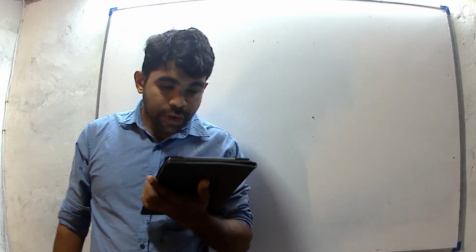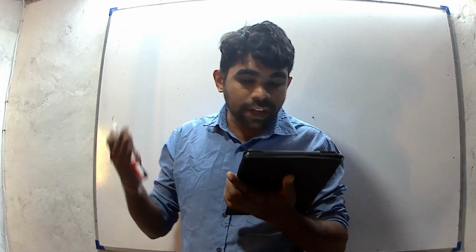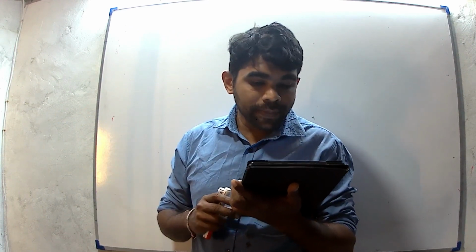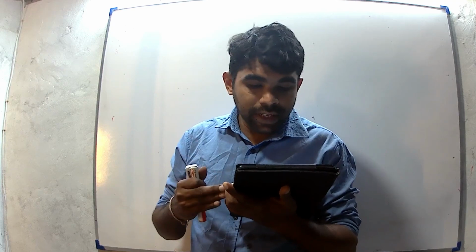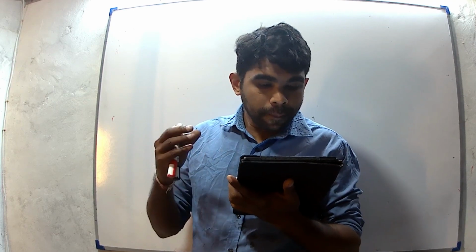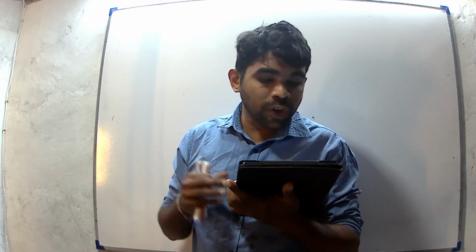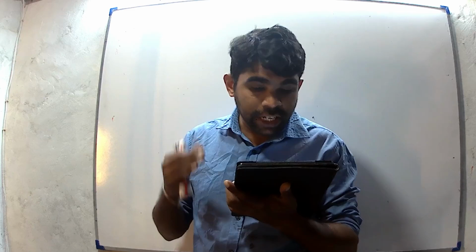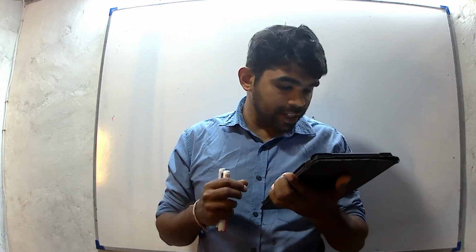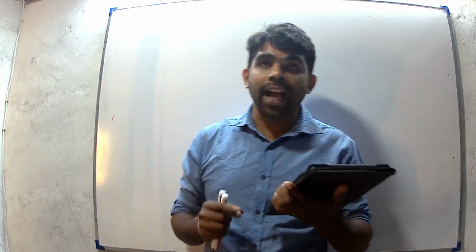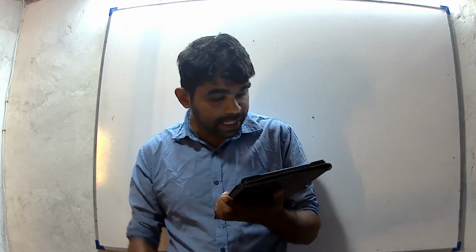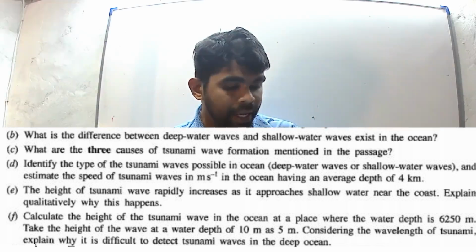We can write, when wind blows across the surface of the ocean, the water surface of the ocean is continuously disturbed by wind. Under this situation, the force of gravity tries to restore the equilibrium at the interface between water and air. As a result, ocean waves are created. We can write the answer directly by using the sentences in the paragraph.